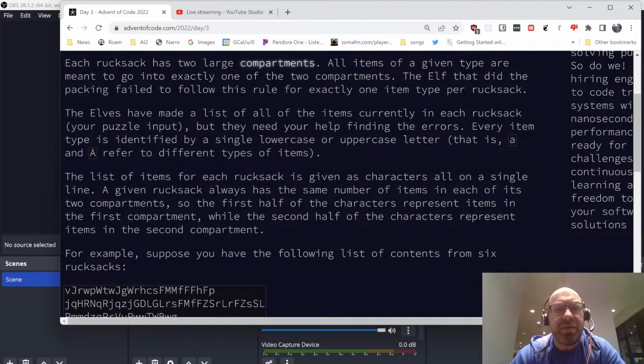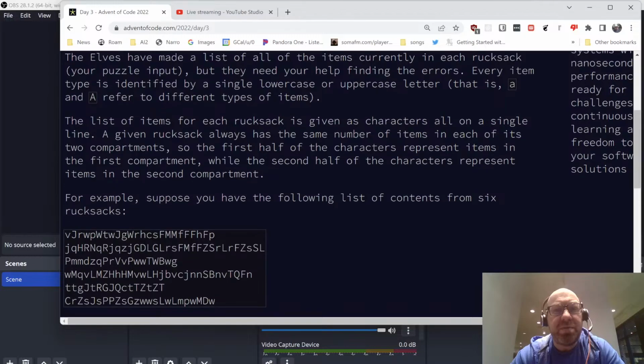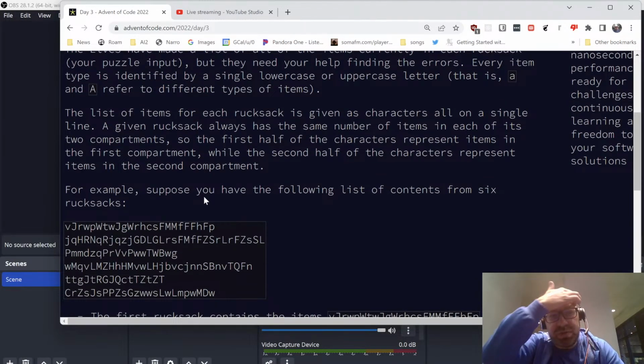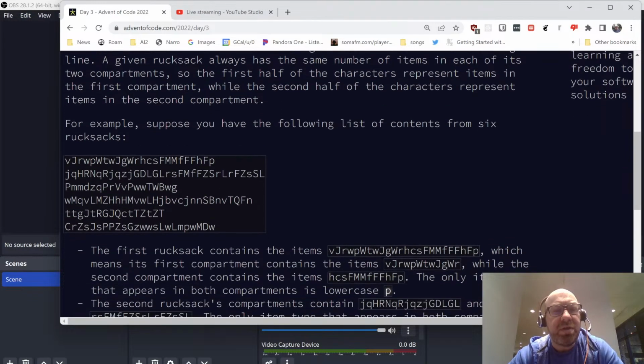Every item is identified by a single upper or lowercase letter. The list of items is given as characters all on a single line. A given rucksack always has the same number of items in each of its 2 compartments, so the first half of the characters represent items in the first compartment, and the second half represent the second. So, given these, the first rucksack contains